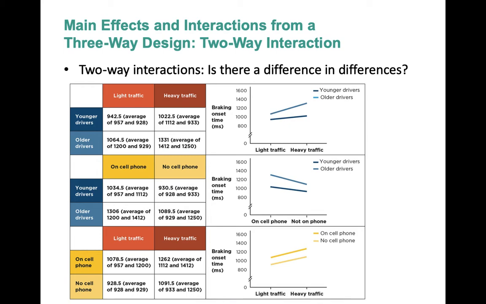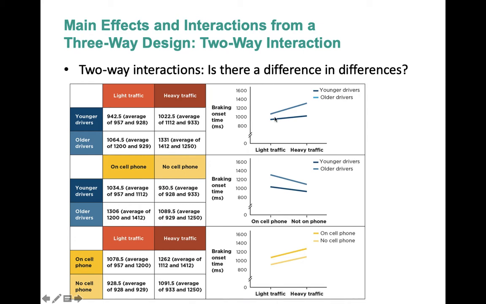And so this is ignoring for a minute whether they're talking on the cell phone or not. So we're completely averaging across or disregarding in a way whether or not drivers are talking on a cell phone, and we're just saying, regardless of whether we're talking on a cell phone or not, does the difference in braking onset time for younger versus older drivers depend on the traffic that they're driving in? And we would have to say, yes, we've got an example of a spreading interaction here, where